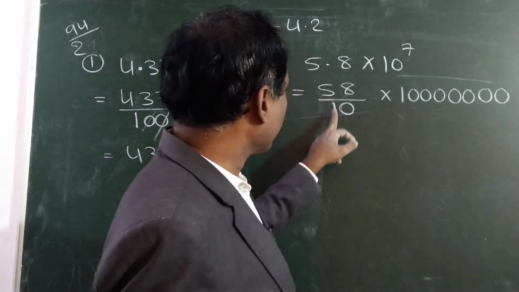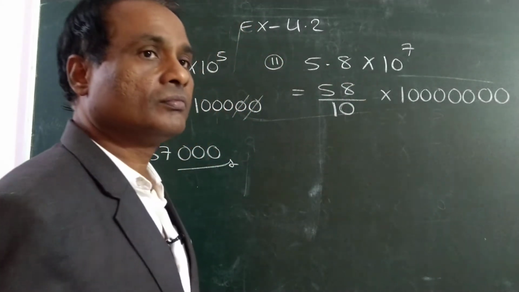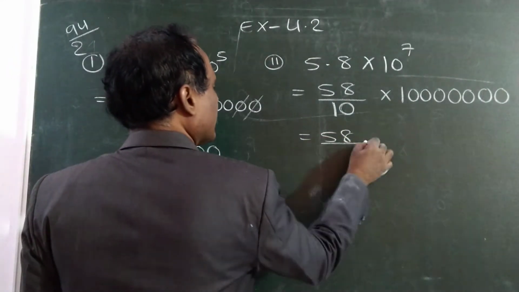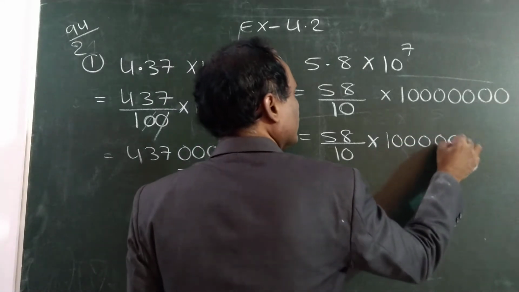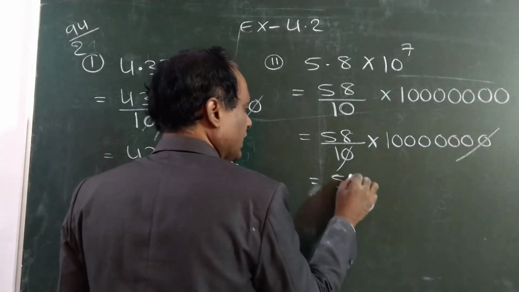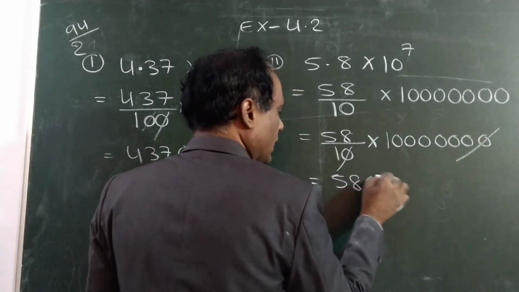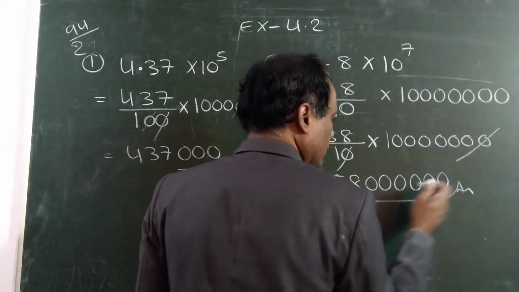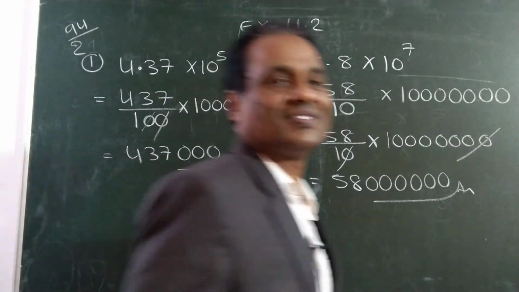Removing the decimal, we will get 1. After decimal 1 digit means we will get 0. I will write the same step one more time because if I cancel directly you may get confused. Now 0 0 cancel. 58, 1, 2, 3, 4, 5, 6. This is the answer, the usual form. This is the standard form.